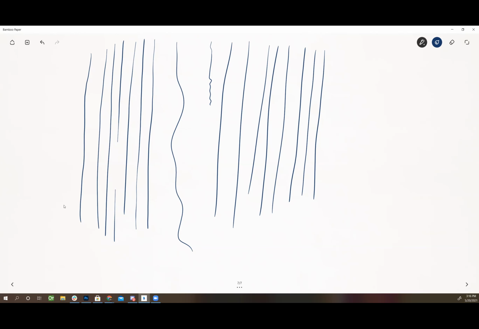Absolutely. I have a question for you guys. Is this an exercise that you might use for somebody that's a new tablet user, somebody who's never used an Intuos, for example? Yes, absolutely, 100%. There's a couple of videos online that I've found that have a lot of exercises like these. This is just one that I tend to get drawn to myself.